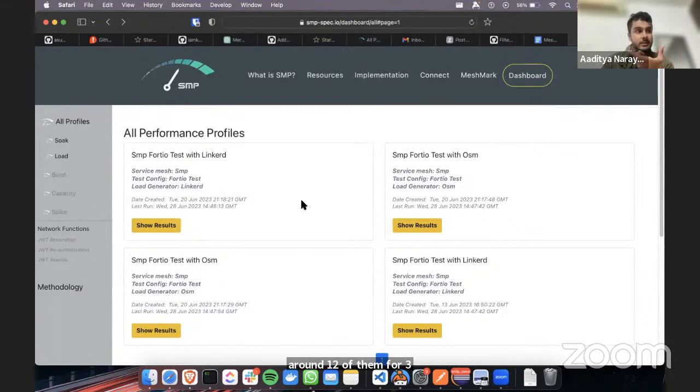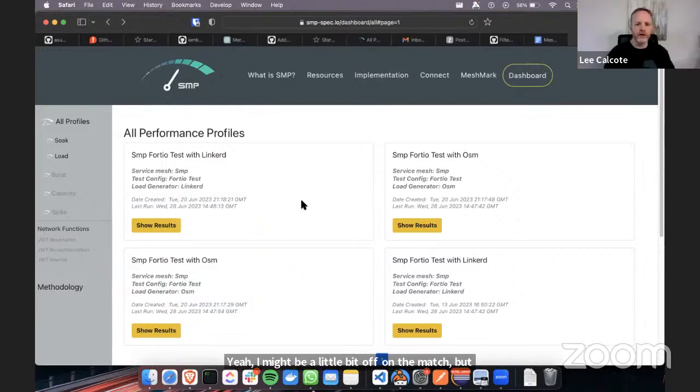But if WRK2 does not show, then we'll be reduced to around 8. I might be a little bit off on the math, but close enough. Okay, very good. There aren't thousands and thousands of tests, but the number of profiles is 10 or less. And the WRK2